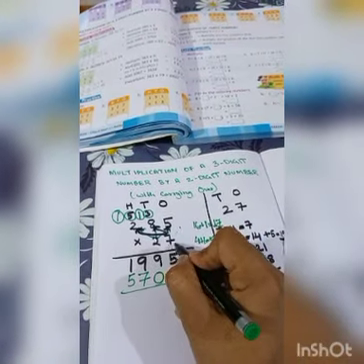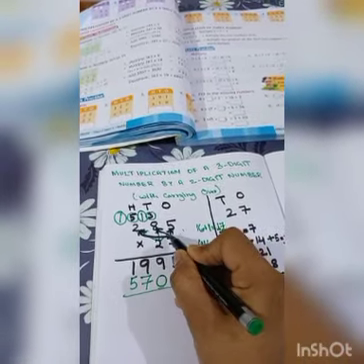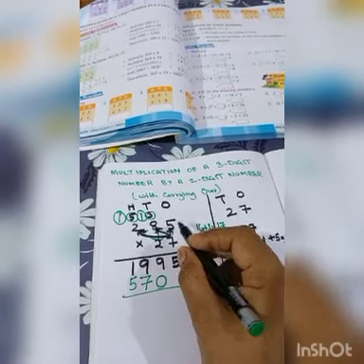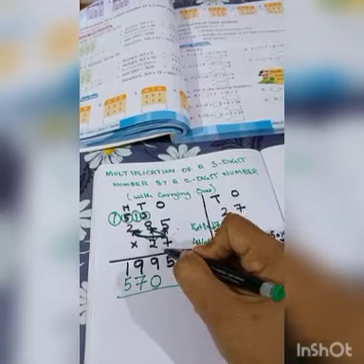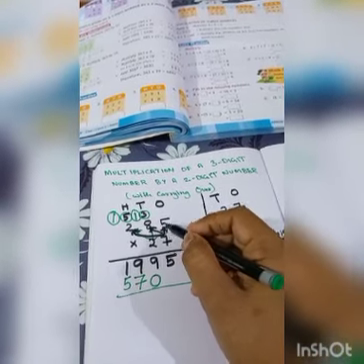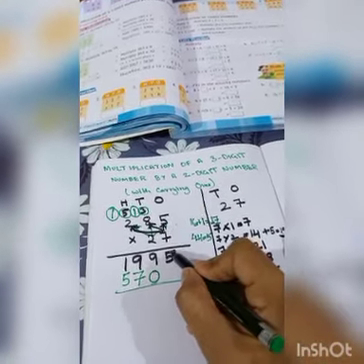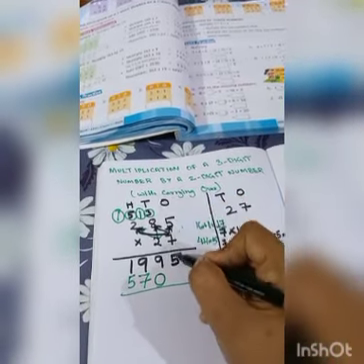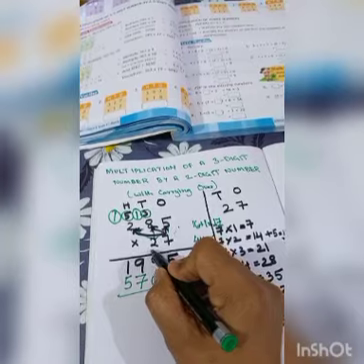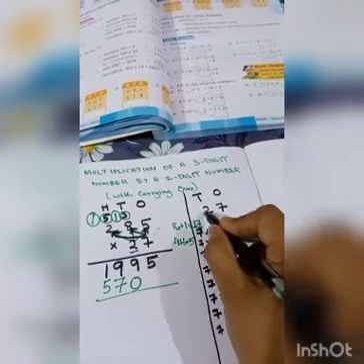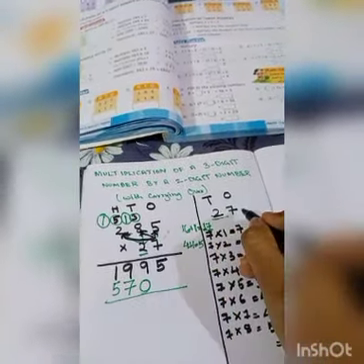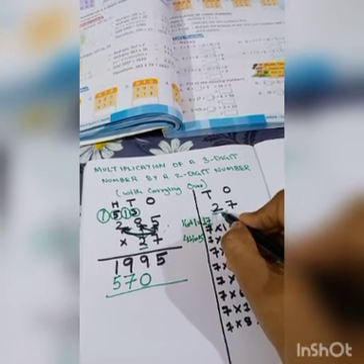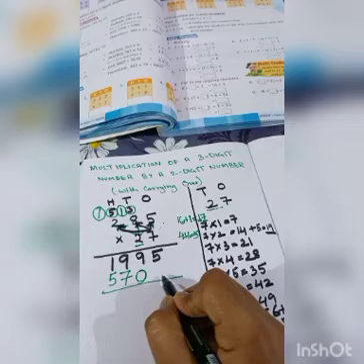Now you have to remember one thing. Since 27 is a 2-digit number and you are multiplying it with a 3-digit number, when you multiply the 7's place, you have to start from here, at the ones place. But when it comes to 2, here 2 is at the tens place. See, 2 is at the tens place. So you can't start from here.